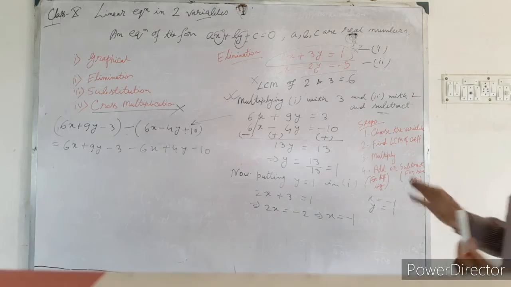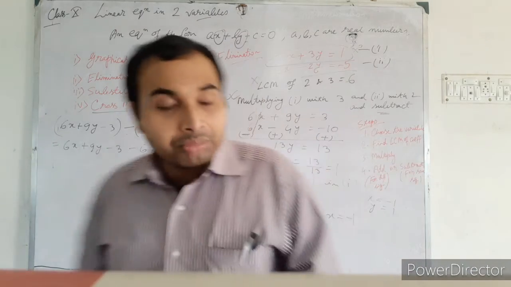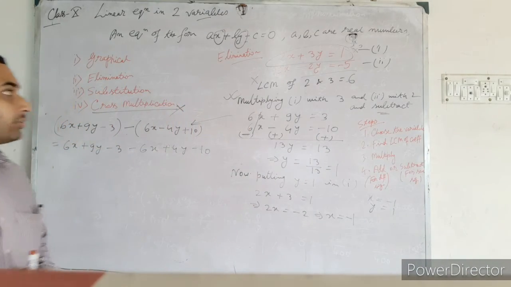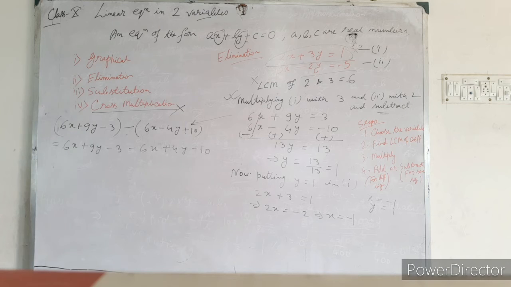Okay, so this is all about the elimination method, and in the next video we will discuss the substitution method. I will not solve any of the sums because lots of sums are there in your book. You have to practice all of those sums to get expertise on this chapter. Very easy chapter, and also a scoring chapter. So students, up to this point, we will do the substitution method in the next video. Thank you.